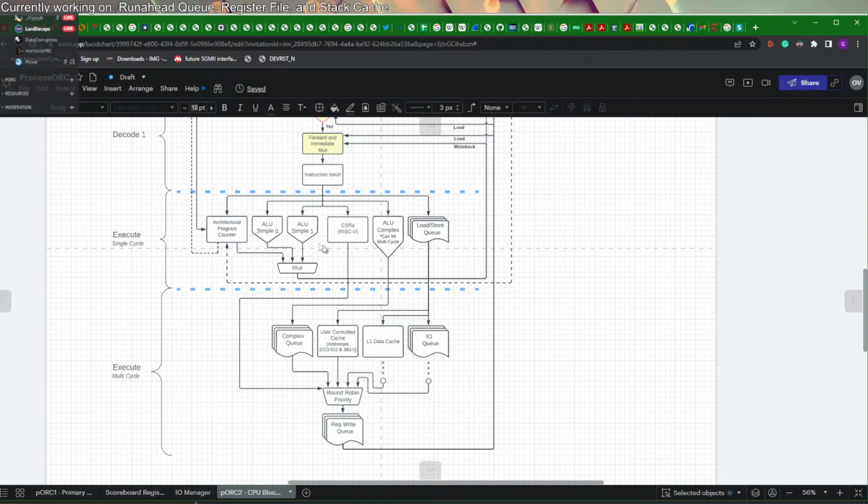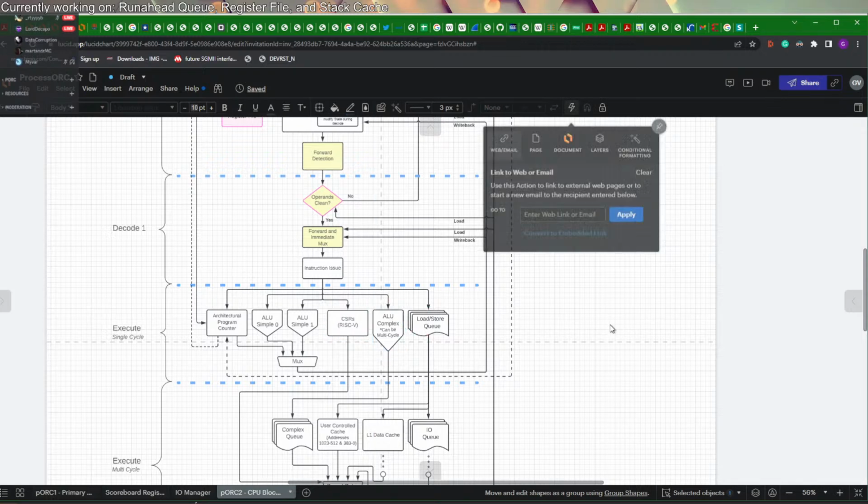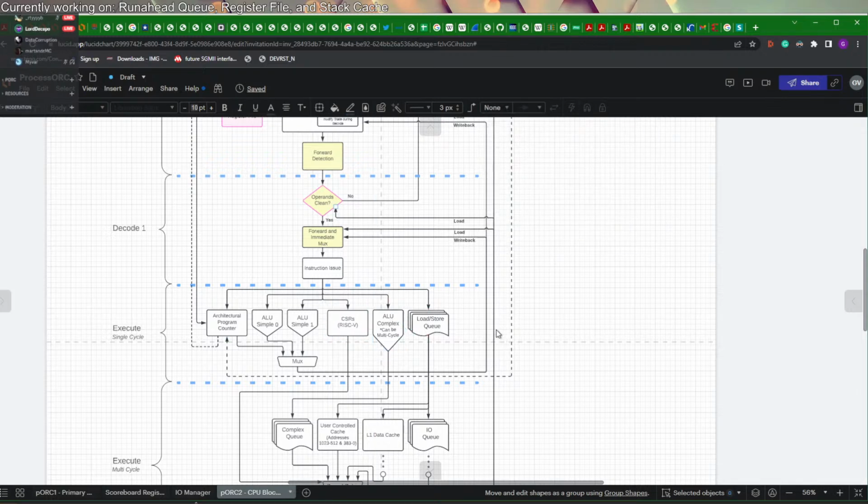So then the stack could be, if the stack is written to in any of these, then it's just a single value that's passed, pretty much looped straight and just forwarded straight out of this buffer. But for CSRs, for complex ALU operations or anything load store,